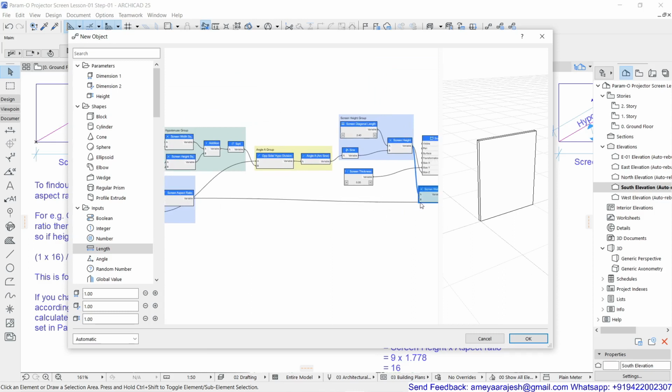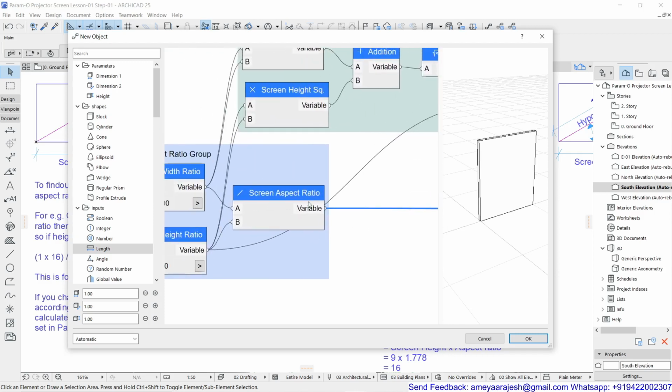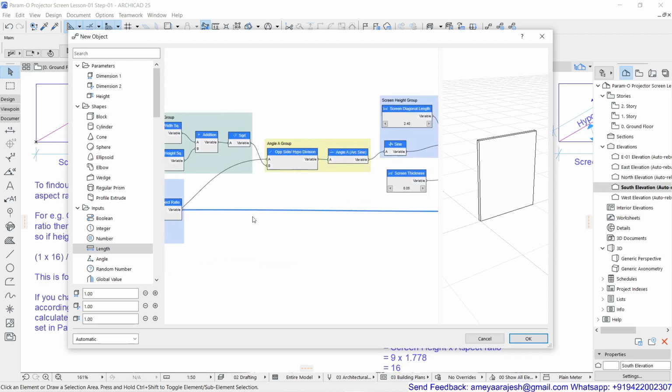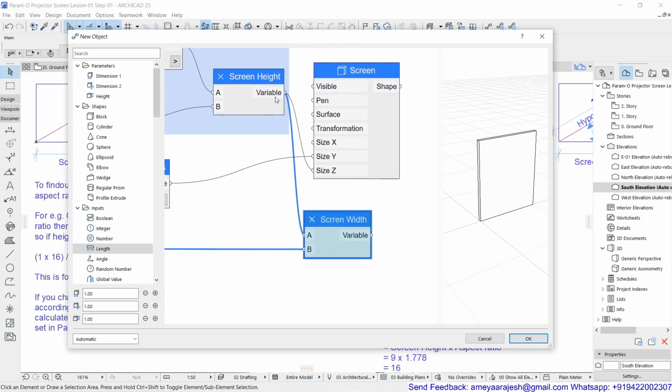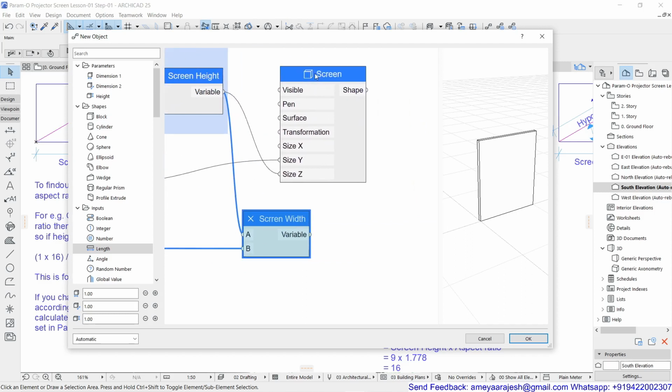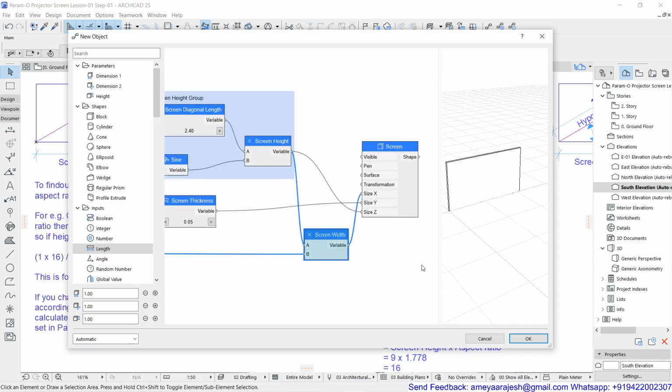So check out, this is supposed to be my screen aspect ratio, and that is connected to compute the screen width. So multiplication of screen height into aspect ratio, and this entire value will affect my, sorry, X. So this is how I was able to achieve my screen.